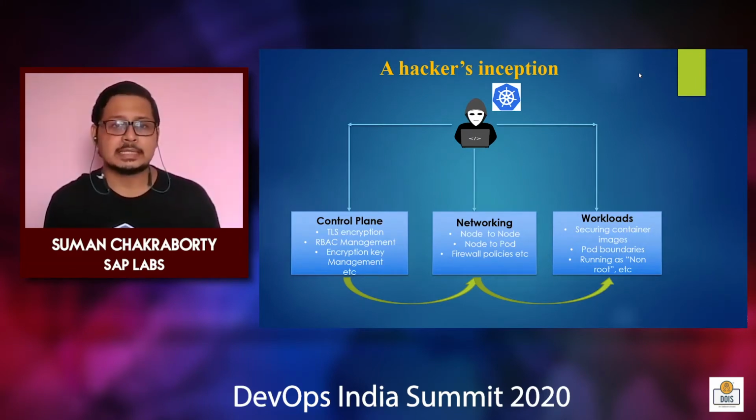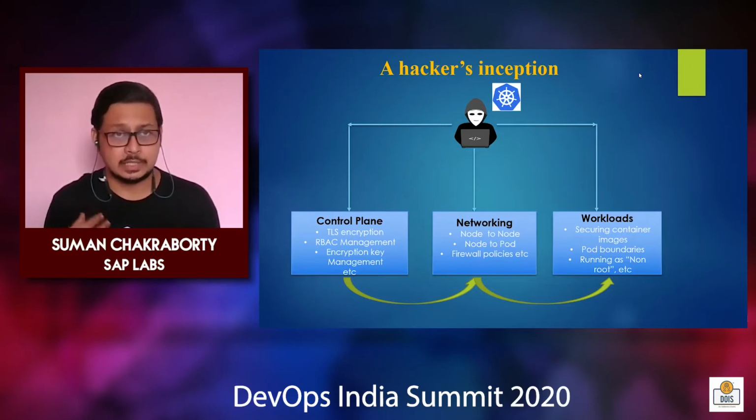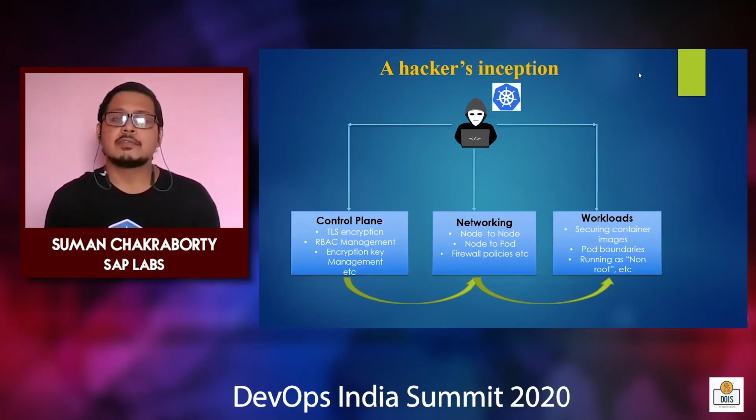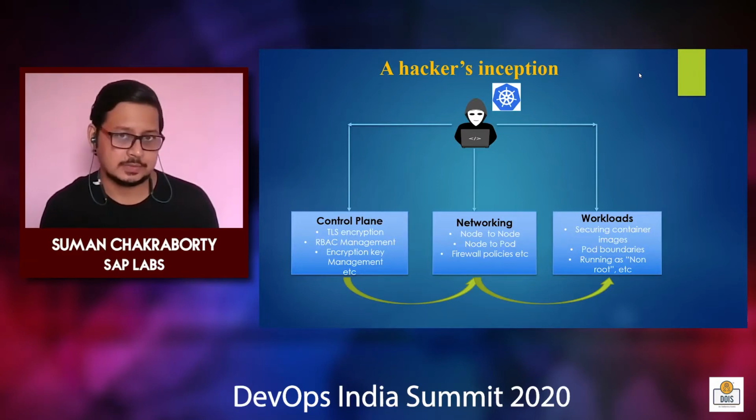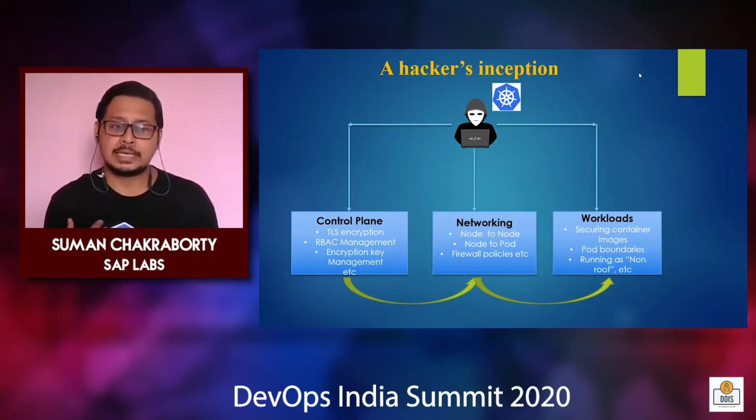From the control plane side, it's more about managing the TLS encryption, the RBAC management, and rotating the encryption keys that are being used for the certificates. The networking side is basically the node-to-node communication, the node-to-pod communication, and the firewall policies which are being set. The workloads side is about securing your container image, ensuring that you use an image which doesn't have any vulnerable code injected. You should ensure that that particular image has been scanned thoroughly before it is deployed